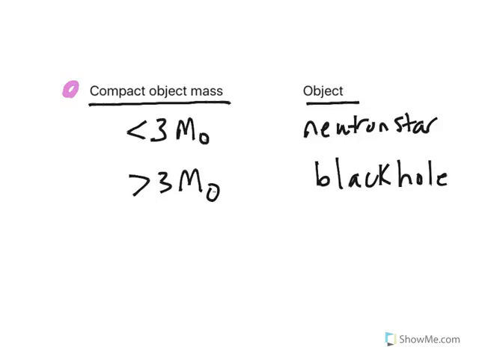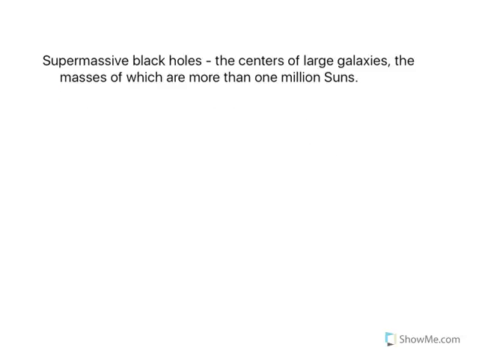A black hole is a single star. A black hole is a star that has greater than 3 solar masses, but somewhere less than 20, 25 on average, solar masses. It doesn't have hundreds or thousands or even millions of star systems in them. A supermassive black hole does, and it is the center of a large galaxy. An example of a supermassive black hole is